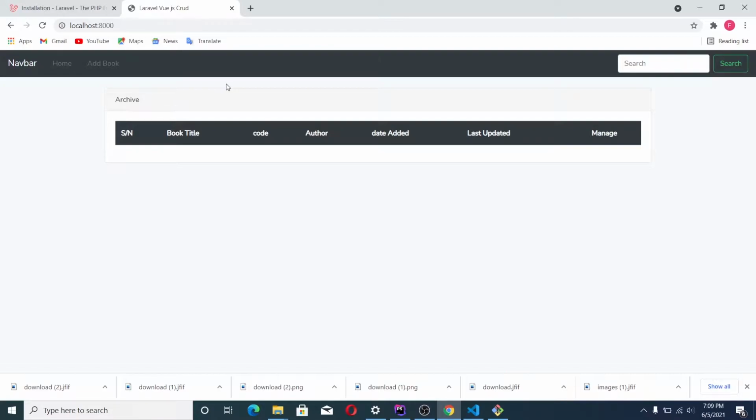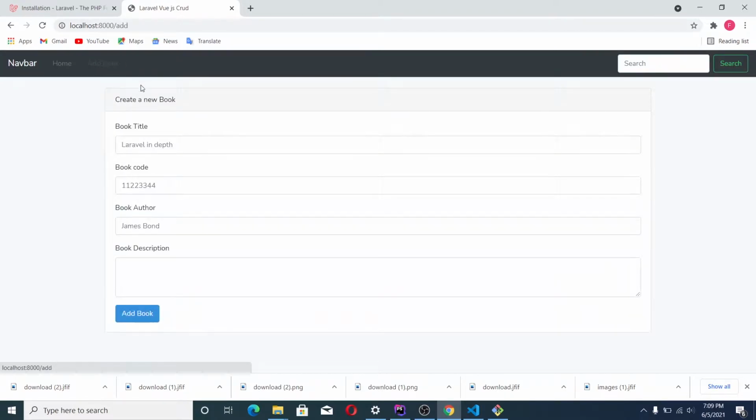So simple, it's a core application in Laravel and Vue.js, and we're going to be using Vue Router. So if you watch carefully, this is the home route, and just watch the address bar here and you see it's not going to reload, but it's taking us to the next page. Okay, so this is our core application.